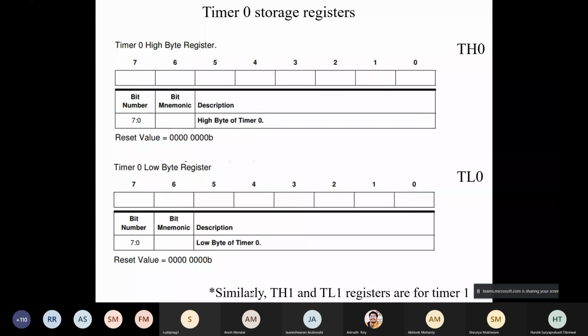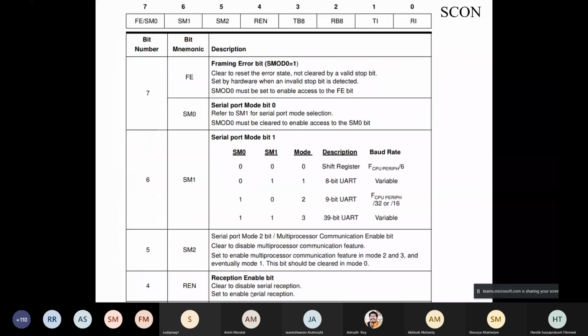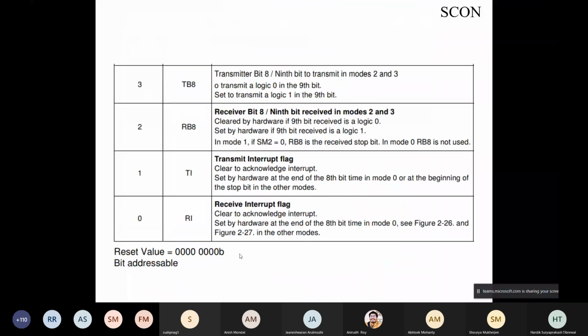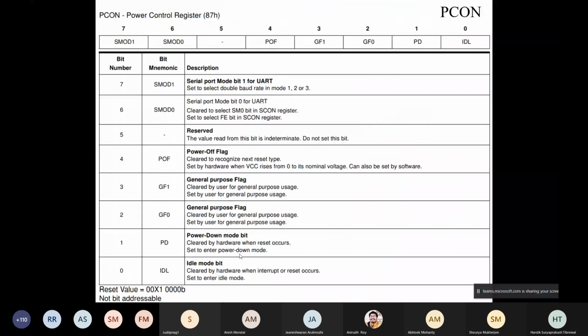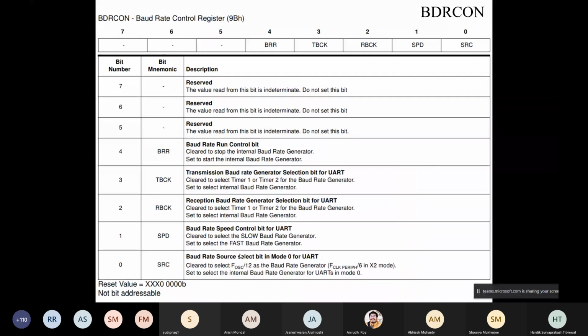Same for SCON, serial control. We'll come back with serial port programming and instructions, and at that time we'll refer to this a couple of times. I'm keeping the same approach for PCON. PCON is also very closely associated with instructions and programming. At this point it would be simple mug-up, so no need to do mug-up. Understand the logic, and then we'll come back to all this dump of information. Then there is something called baud rate control. We haven't shown that earlier, but baud rate control is just selecting the speed of serial communication.